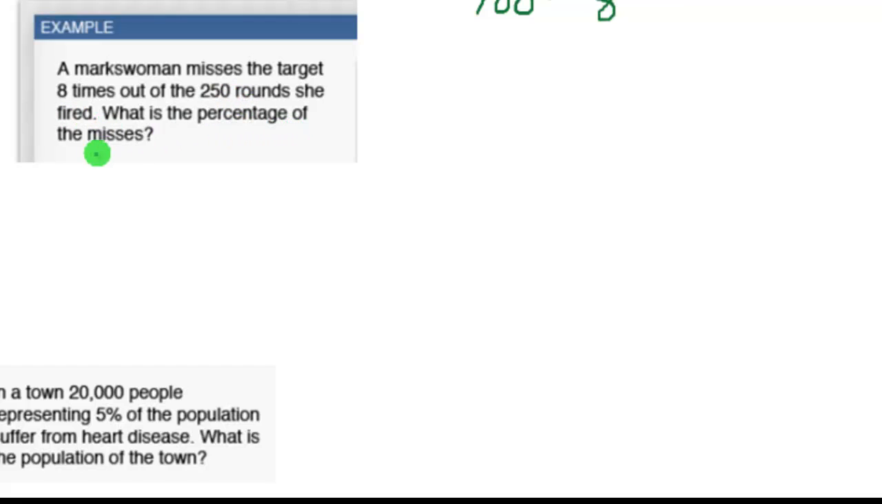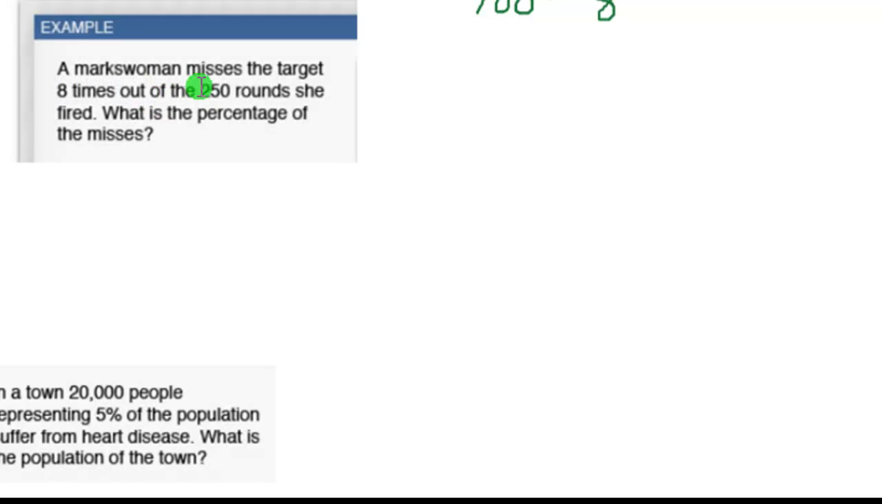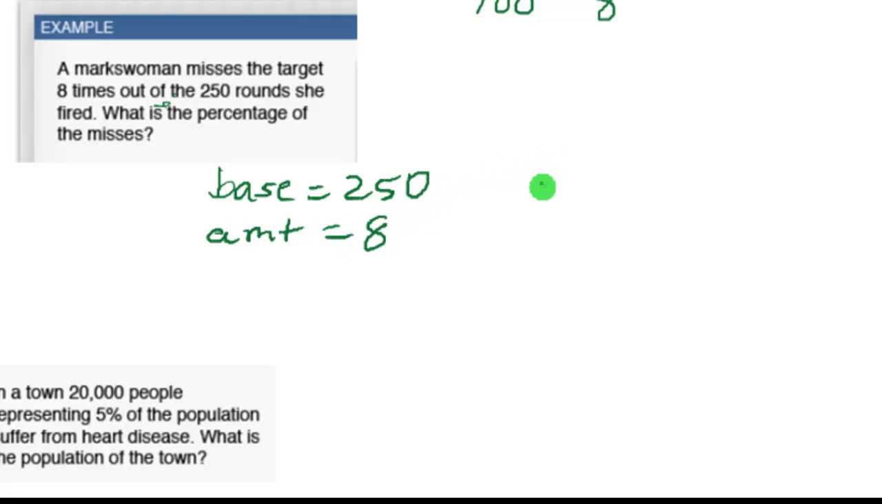What is the percentage that she misses? So here's your of. Here's your of again. Okay. And remember that the of helps you figure out what the base is. So base is 250. The amount is 8. And you're looking for the rate. So again, rate over 100